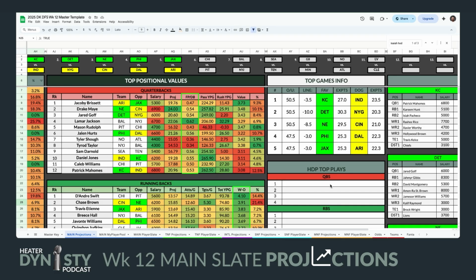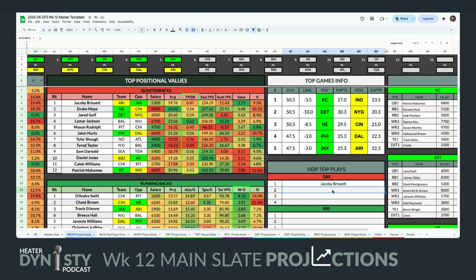But we're going to start with the quarterback position. Like I said earlier, Jacoby Brissett is by far the best option in my opinion based on his cash price, $5,300 salary, and he's been balling out. I know he is a straight pocket passer, but he has been getting it done, and this matchup looks like it's going to be the same kind of situation.